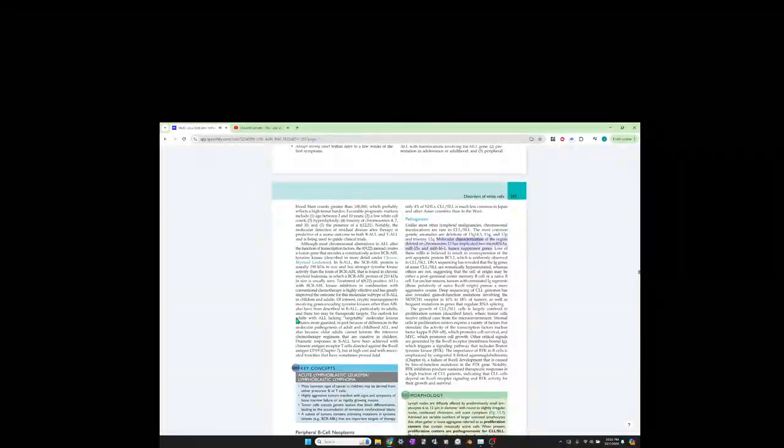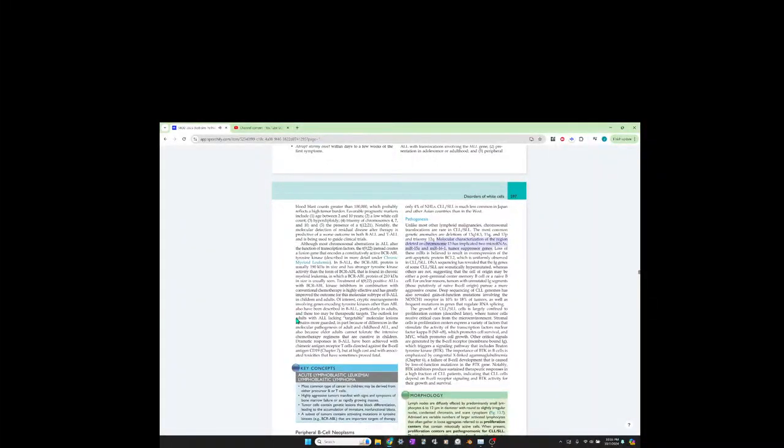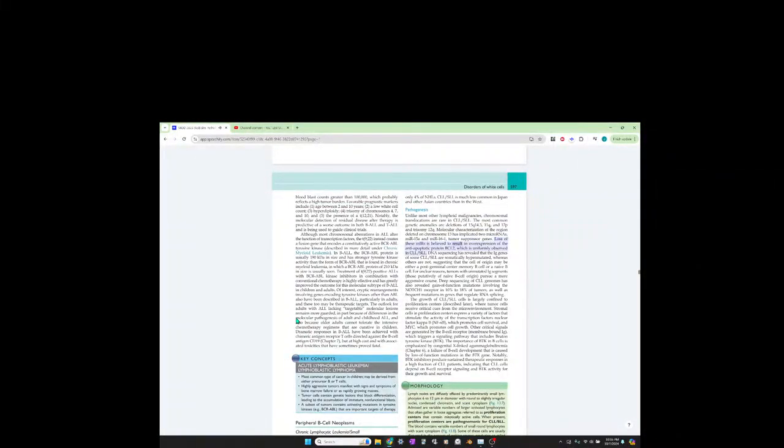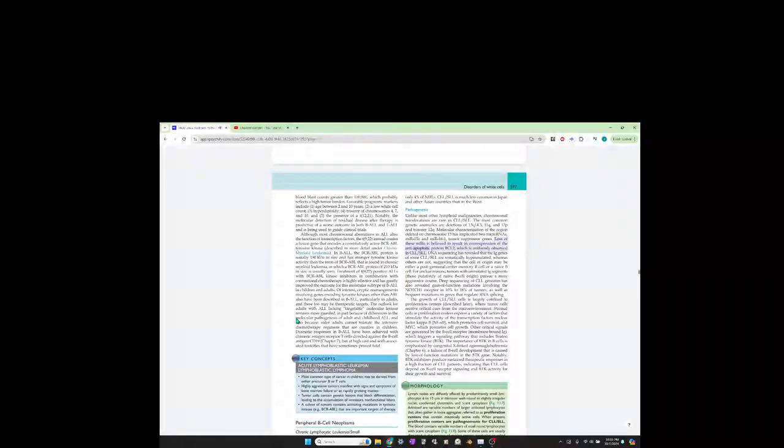The most common genetic anomalies are deletions of 13q, 11q, and 17p, and trisomy 12q. Molecular characterization of the region deleted on chromosome 13 has implicated 2 microRNAs, MIR15A and MIR16-1, tumor suppressor genes. Loss of these MIRs is believed to result in overexpression of the anti-apoptotic protein BCL2, which is uniformly observed in